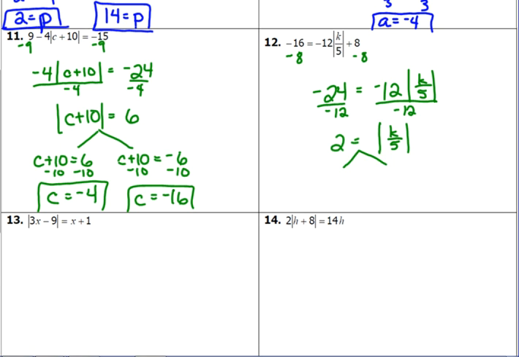Two cases. 2 is equal to k over 5. Negative 2 is equal to k over 5. So 10 is equal to k because we multiply by 5. And negative 10 is equal to k. And I'm going to go ahead and tell you both of those work out. All right, so